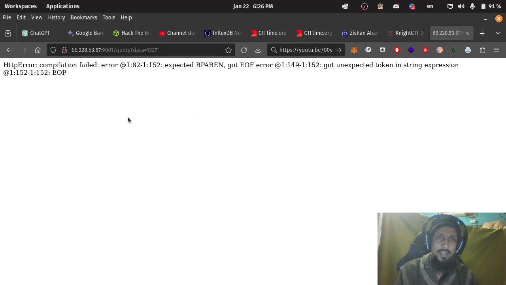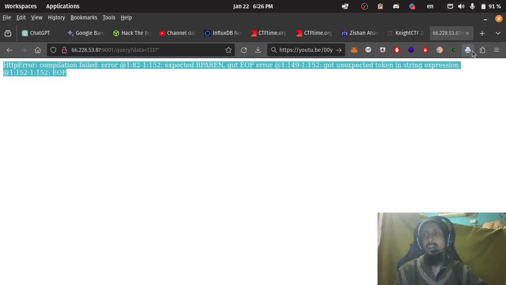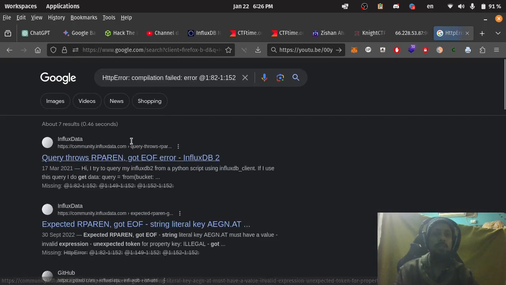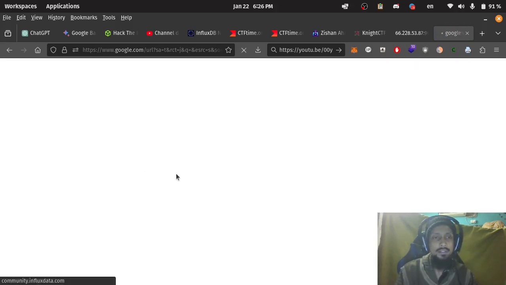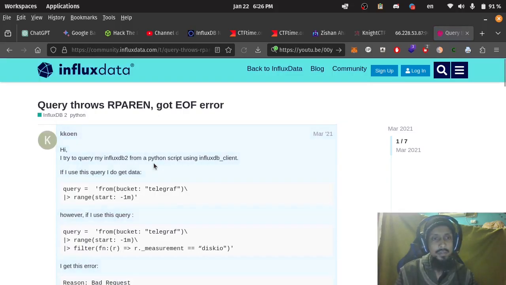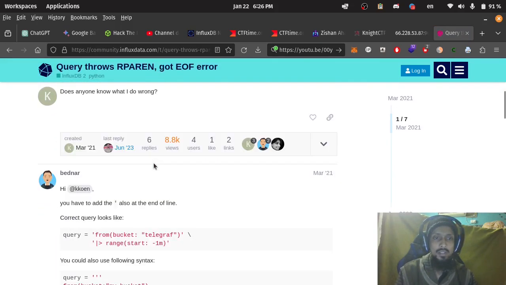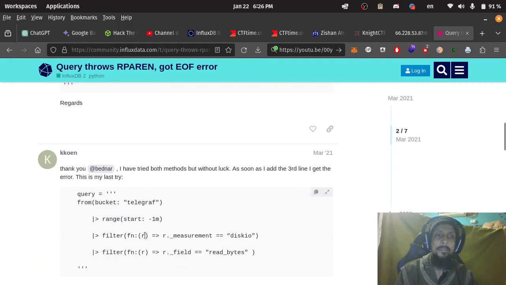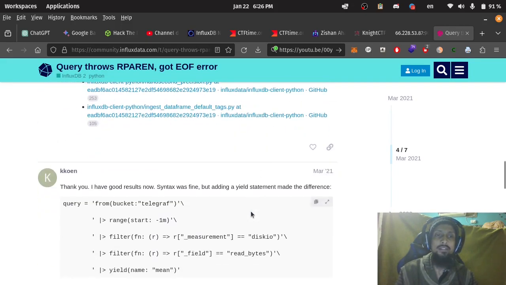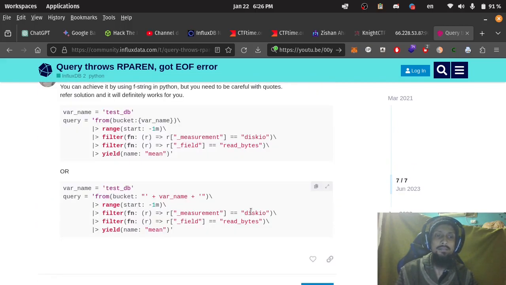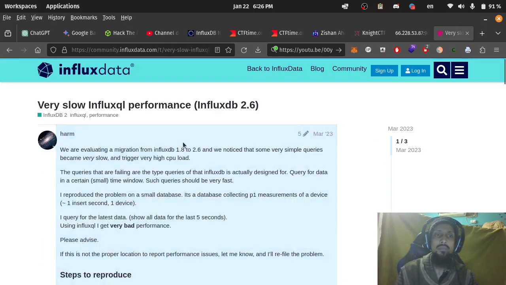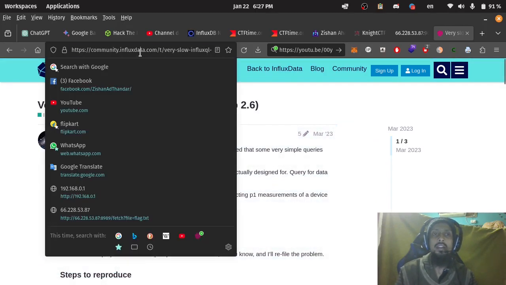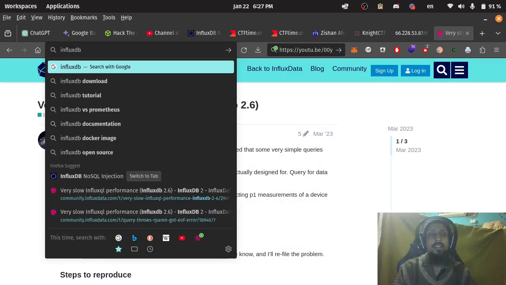So first I tried sqlmap but I failed. So let's Google the error, to see which kind of database it is. When I checked it on Google, I found that this is the FLUXX database. You can see InfluxDB 2.6. I tried an InfluxDB exploit